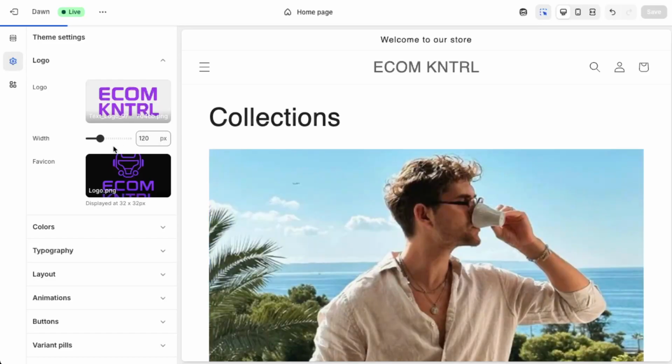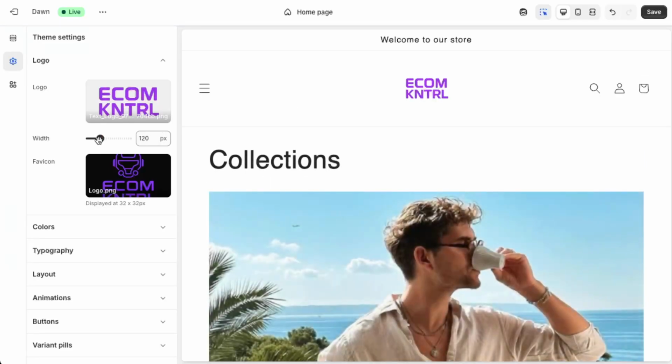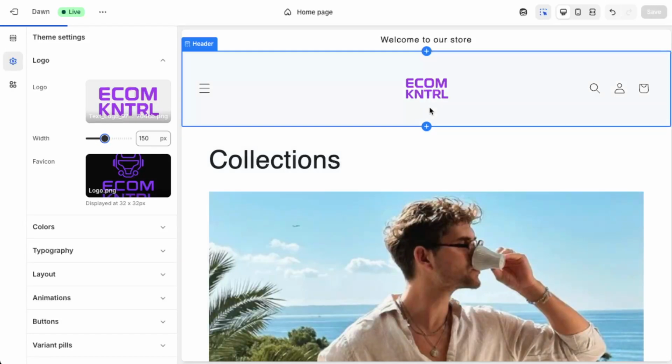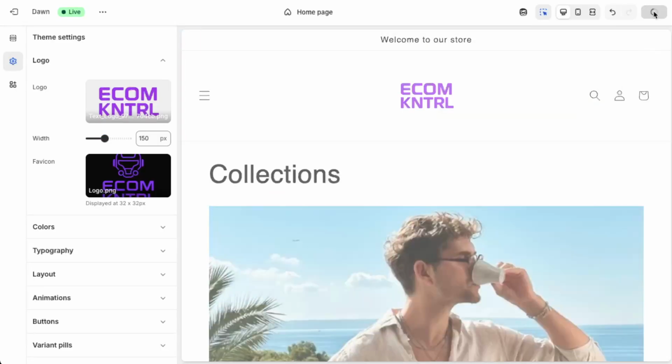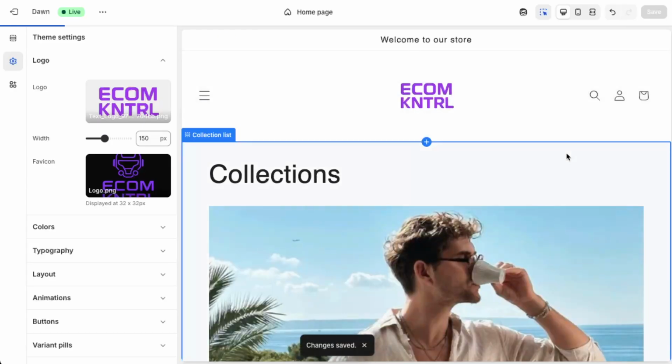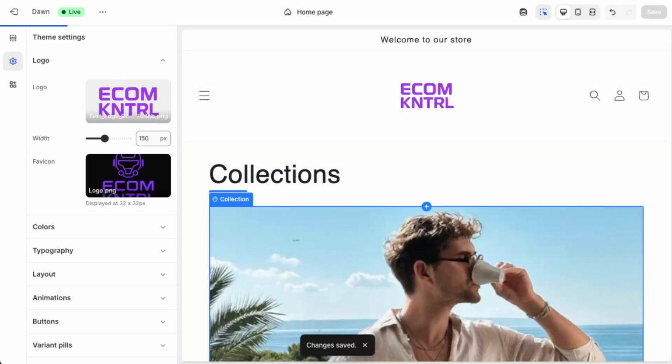You should now see your logo appear in the live preview of your store. Take a moment to check how it looks in the header and make sure it's clear and not too small or too large. When you're happy with it, go to the top right corner of the theme editor and click Save. This final step publishes your logo change to your live store, so visitors will